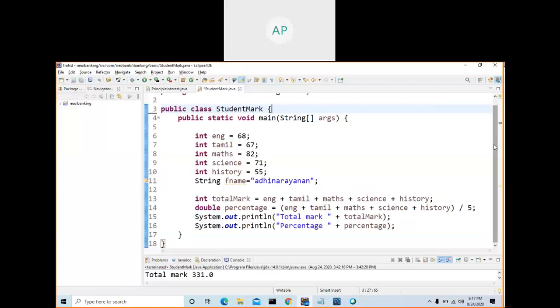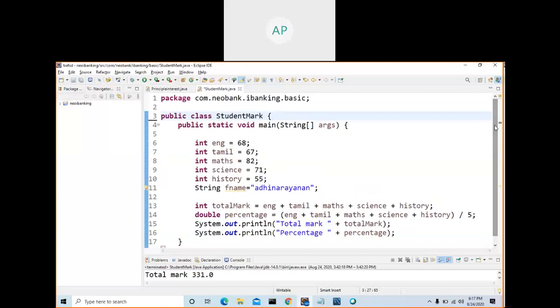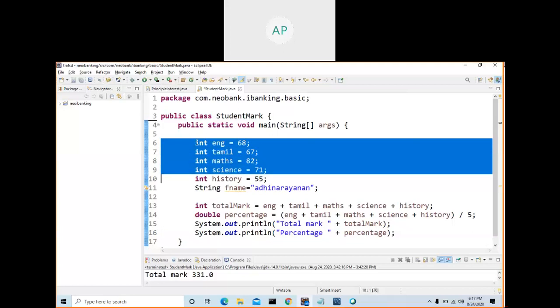So a class is nothing but a program which will mainly contain variables and methods. Inside a class, all are going to be instructions. So where you write all the instructions, all your instructions should be inside the method. Variable declaration can be inside the method, or outside the method.